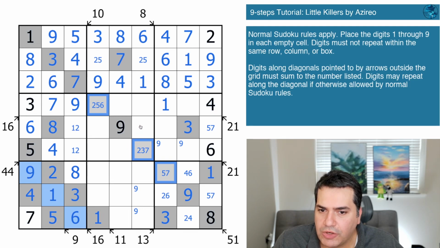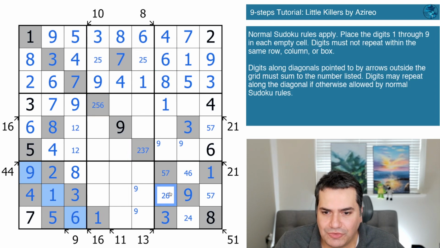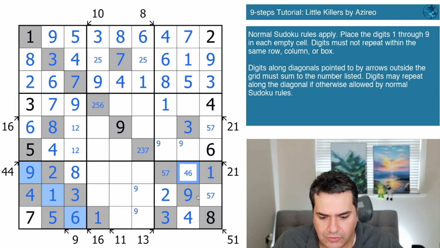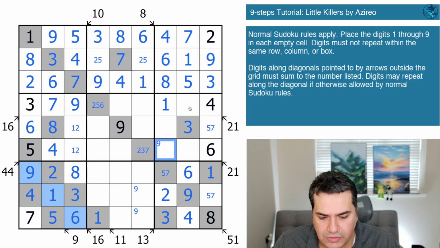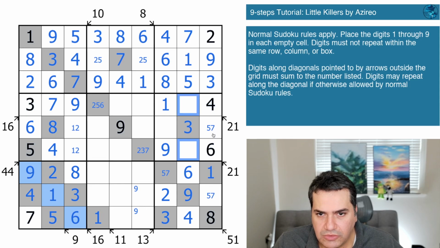So we are going to have to go back to normal Sudoku once again. This 6 was staring at me and I ignored it. 4, 6. Let's see what else we've got to place in here. We've got to place a 9 and an 8. We do know where they are. No, this is not a 9. This is the 9. We've got to place an 8 and